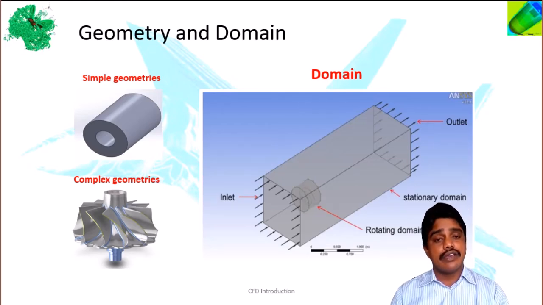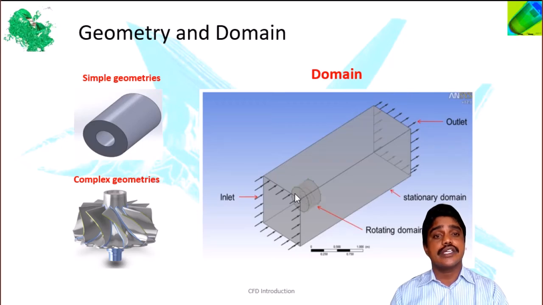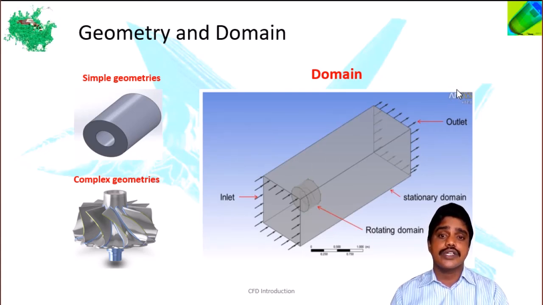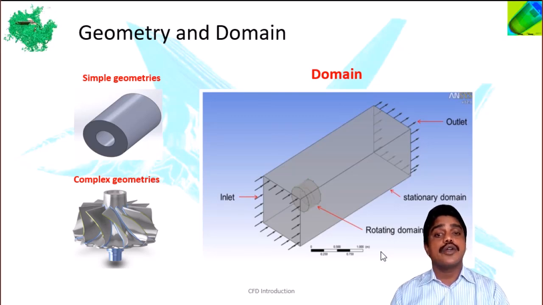Now if you are ready with the geometry, the next important thing required in CFD is the domain. So we need the domain as well. Once the domain is defined, we need to set the boundary conditions. Here in the problem on screen you can see there is a geometry available inside, and we have represented an inlet with an inward arrow and an outlet with an outward arrow. In addition to this there may be a domain available around the body. It may be a stationary body or a rotating body, right? So these geometries need to be defined before we approach the CFD problem.